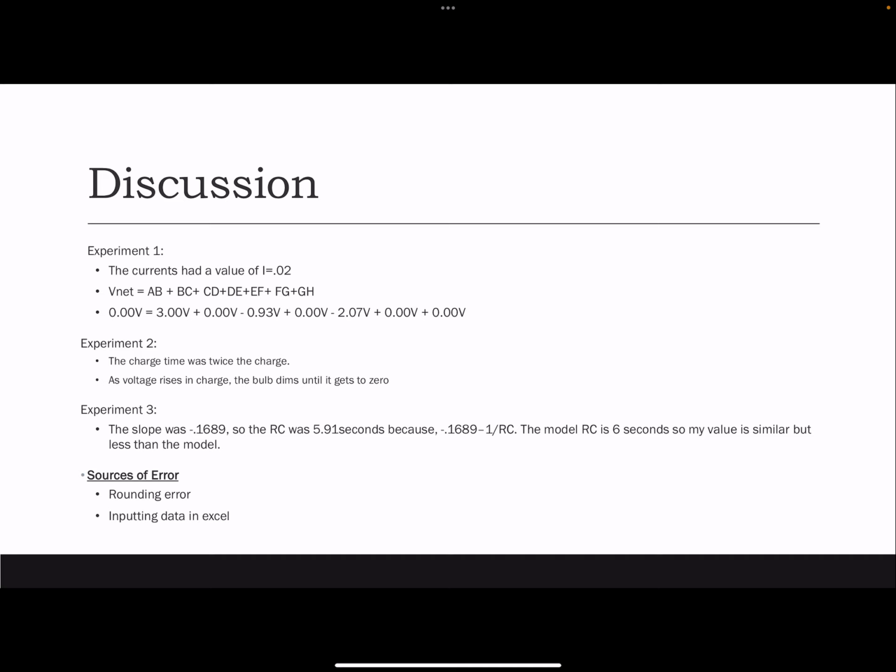In experiment 2, the charge time was twice the charge, and as voltage rises in charge, the bulb dims until it gets to 0. And in experiment 3, the slope was negative